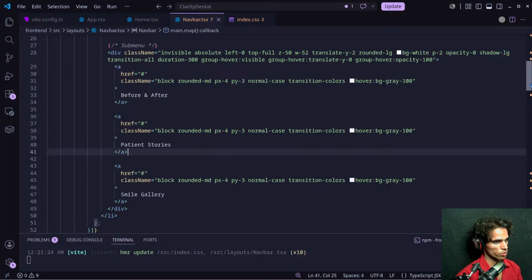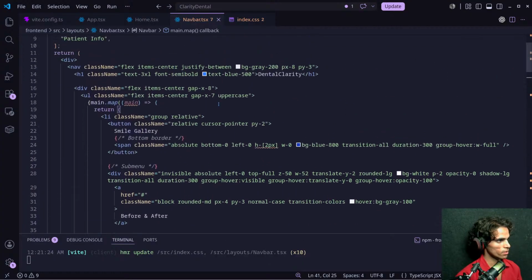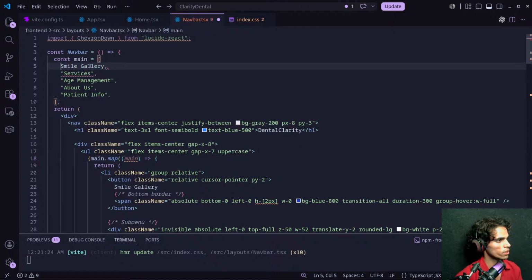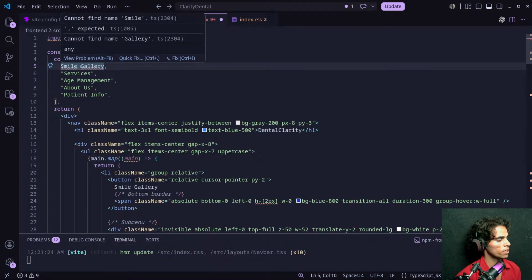This is what we are going to return, and now main is the array, and now I want to change this to a small gallery.